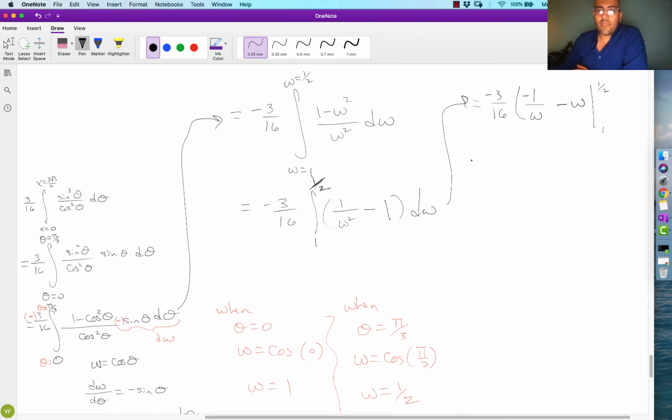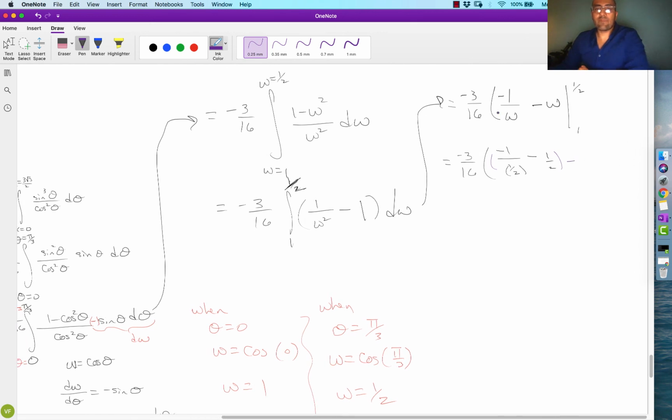So this then becomes -3/16, and then we have -1 over 1/2 minus 1/2. So that's evaluating everything with the 1/2 minus, and now evaluating everything with the 1 in there. We end up with -1 over 1 minus 1. Make sure that this thing is in its proper parentheses. Okay, so evaluating these two with a 1/2 minus evaluating these two with a 1. And let's see, we end up with